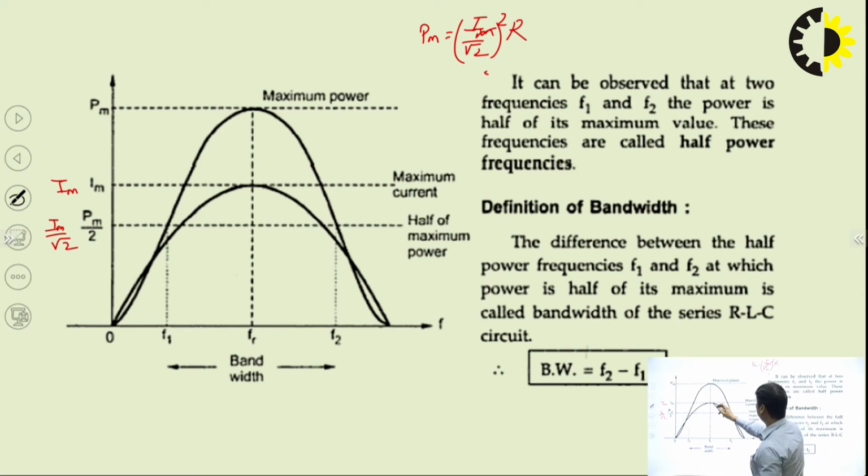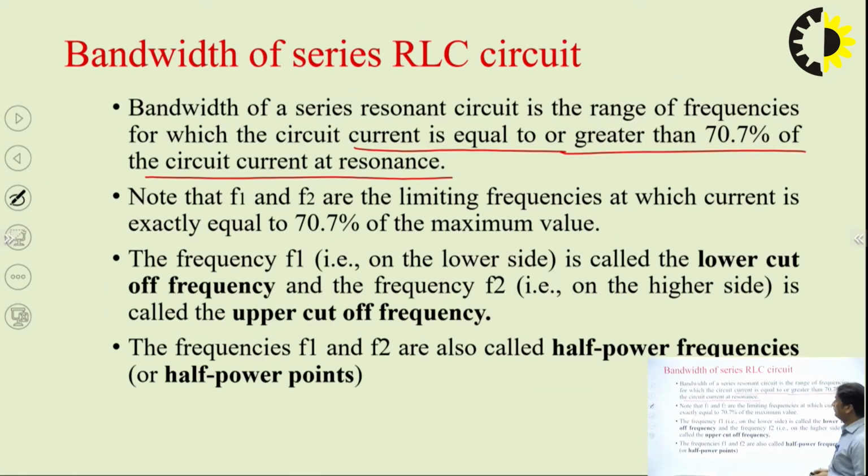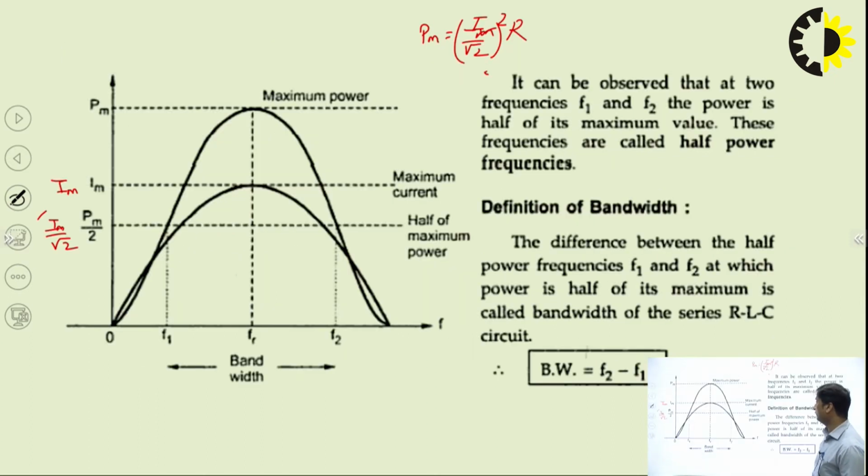So the maximum current is this, and this is the half power. At this half power, because the power is half, you can say that Im square R upon 2, that is half of this power. So at this power, the value of current is this. Here you can say that F1 and F2 are the limiting frequencies at which the current is exactly equal to this. From this figure, these two frequencies, F1 and F2, are called the limiting values of frequency